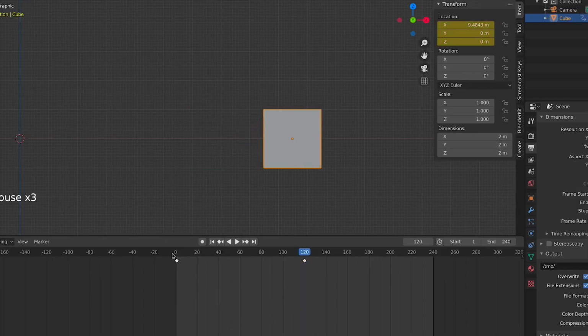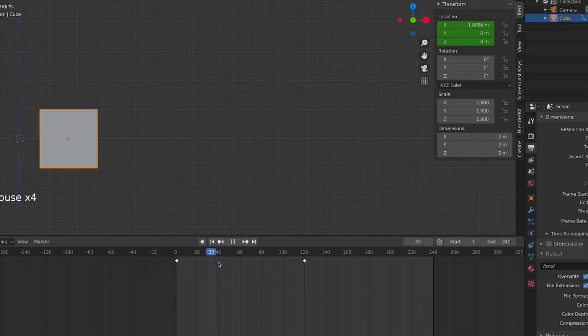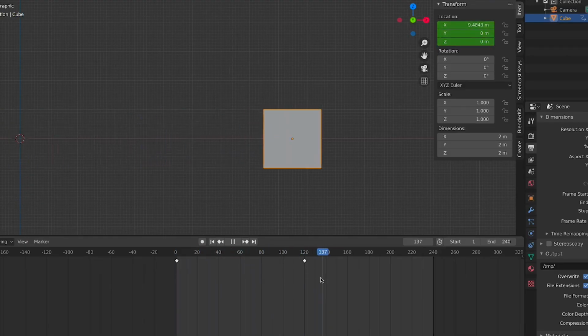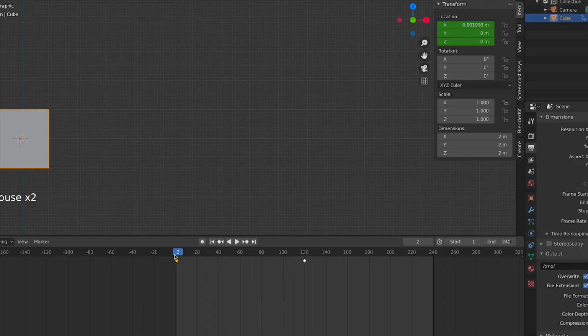So let's say we want this cube to go here, and now we want to go back to our first keyframe, our first position, and we can simply do it by duplicating this first keyframe. We can duplicate it by using the shortcut Shift and D, and if we duplicate it until here, you can see that we have this line, which means that this keyframe is duplicated,